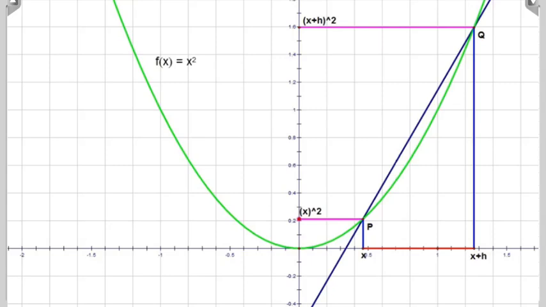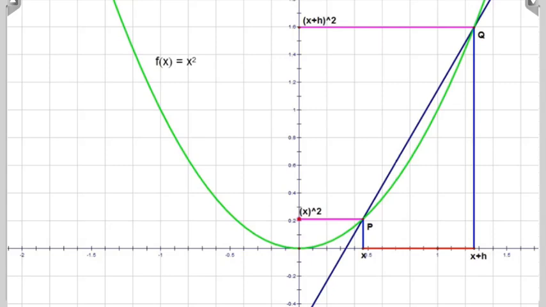And I want to show you that if we want to get to the whole idea of what is the gradient at the point P on that curve, that makes no sense whatsoever, because you can't have the gradient at a point in terms of our traditional definition of what a gradient is. It's y2 minus y1 over x2 minus x1, or the rise over the run. But at a single point, you can't have y2 minus y1 over x2 minus x1. So we have to go through a certain process of logic using limits to get to what the gradient at